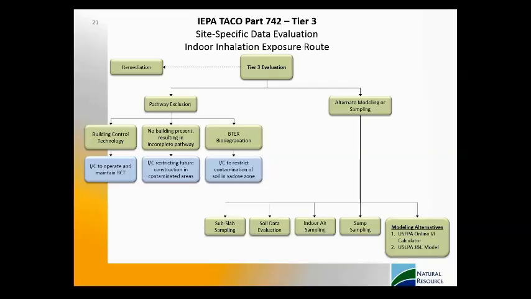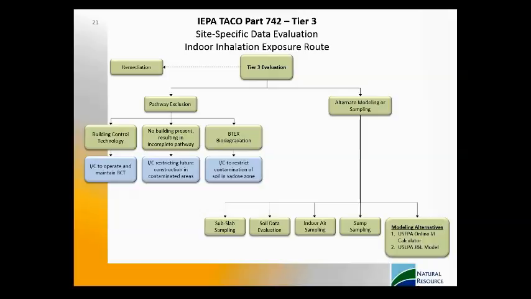And here's the Tier 3 evaluation. You have the pathway exclusion, or you have the alternate modeling or sampling. With the pathway exclusion, there's the building control technology, and that results in an institutional control not only to operate but also maintain it. There's another pathway exclusion where if no building is present, you can exclude the pathway, but then an institutional control restricts the future construction in those contaminated areas that have been identified,